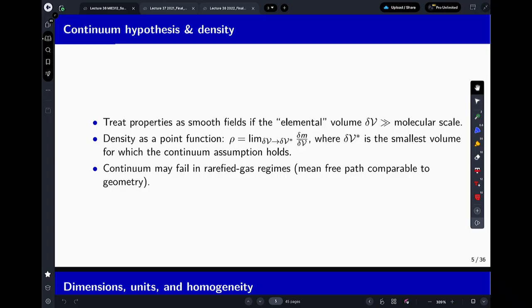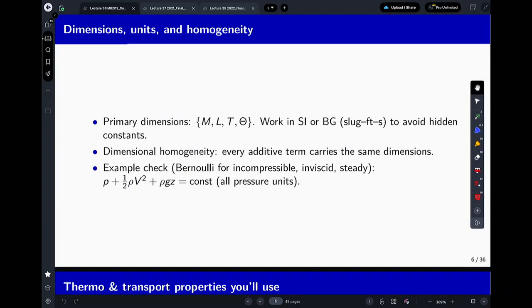The continuum assumption may fail, or does fail, in rarefied gases, where the mean free path is comparable to the geometry. But again, you haven't really looked at that, and you haven't been focused on that sort of problem. So as far as you're concerned, any fluid you're dealing with, it's probably going to be air or water, is going to be